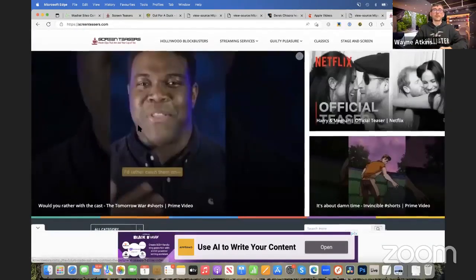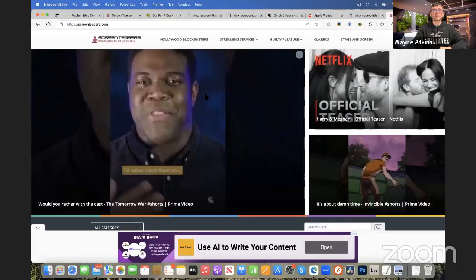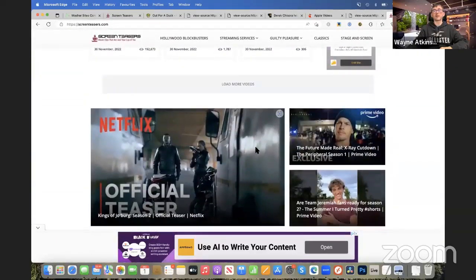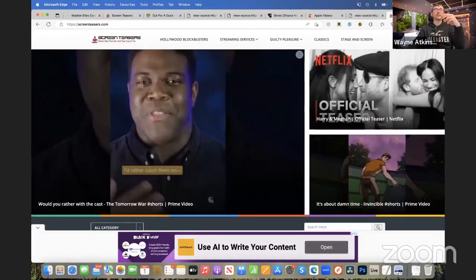So this is the latest post. This was the latest but 1, and this was the latest but 3. And then when Masher posts to this again, this one will bounce over to here, that one will bounce over to here, and this one will bounce down to here, and so on. And they rotate, which basically means every time someone's coming to your video view site, you've got a latest video,